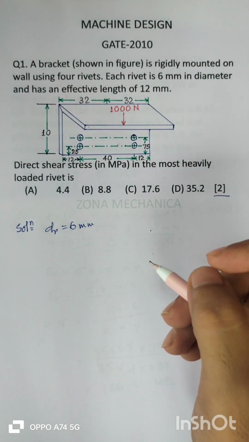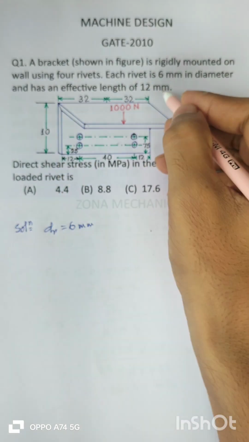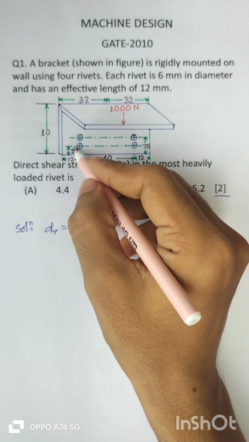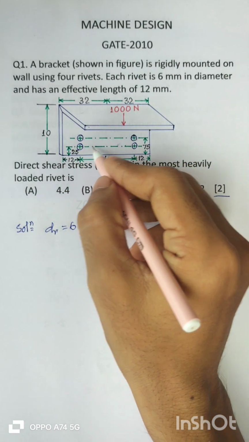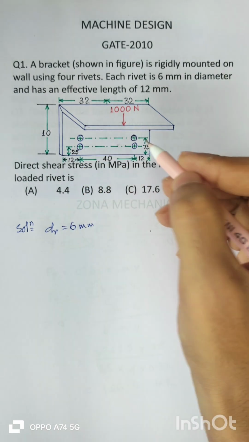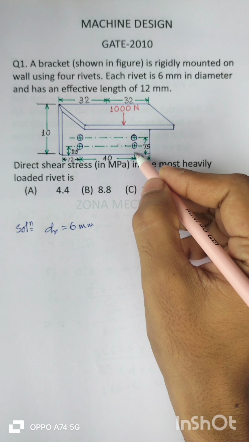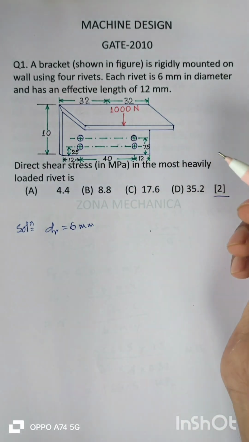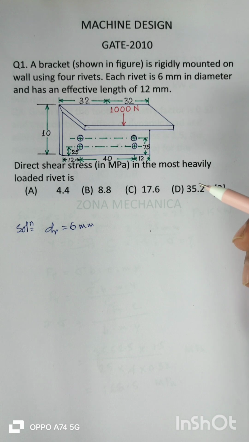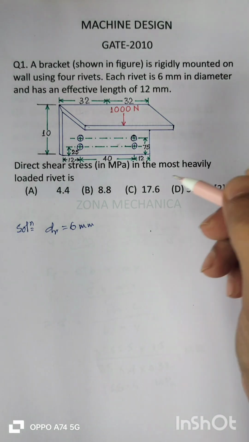All the dimensions are given. The distance of the first row and the second row from the bottom is given, and the internal spacing are also given. The question is direct shear stress in MPa, that is the primary shear stress in the most heavily loaded